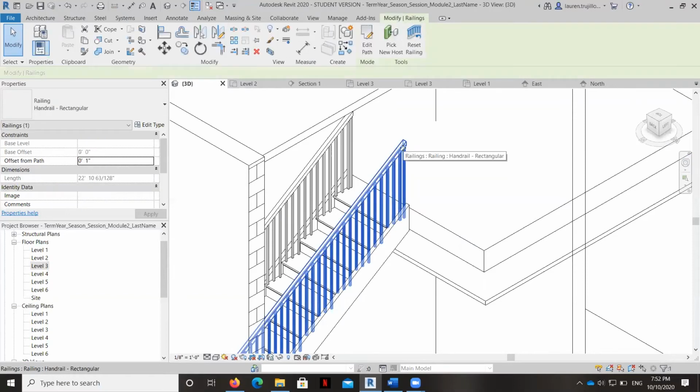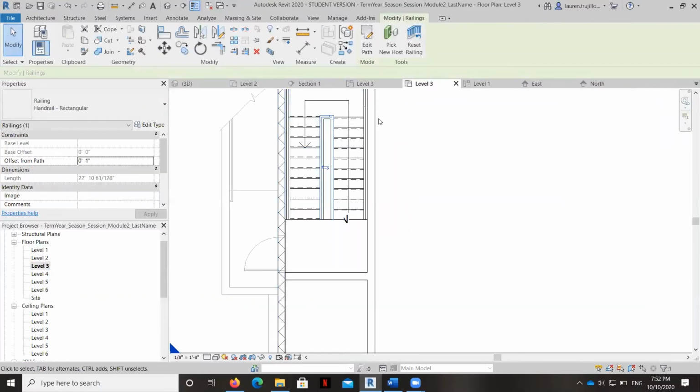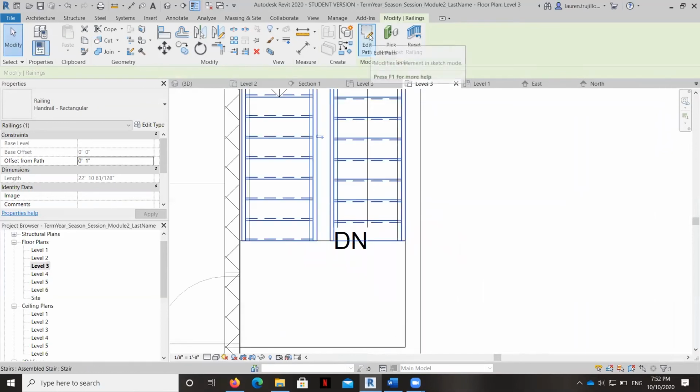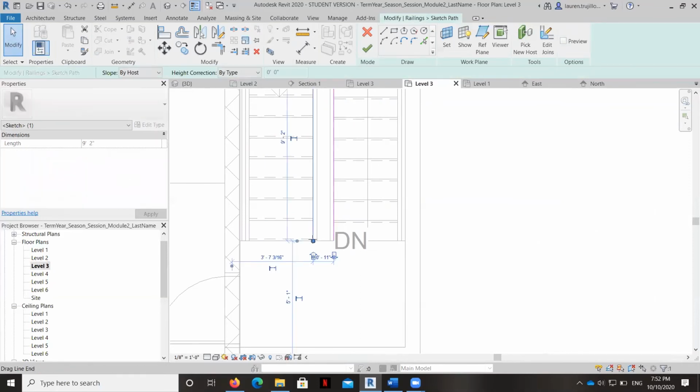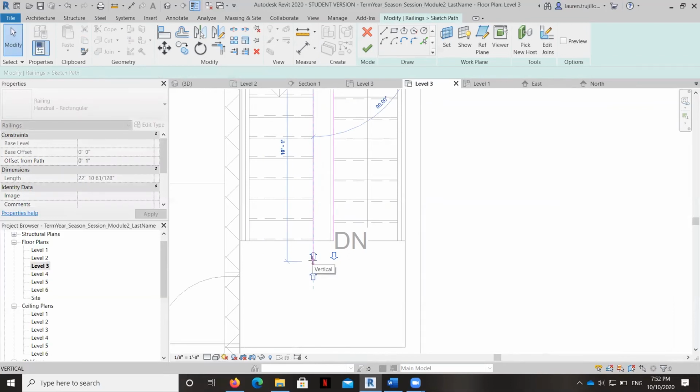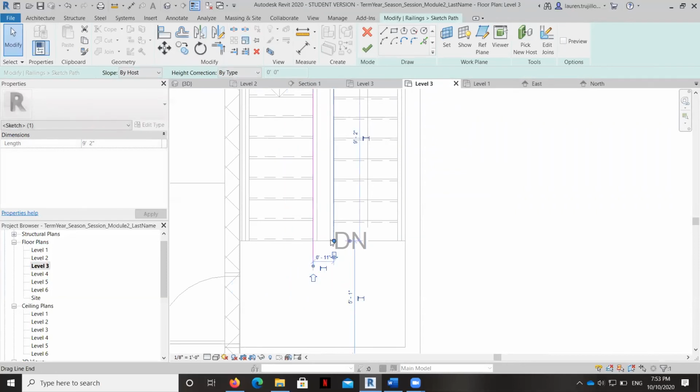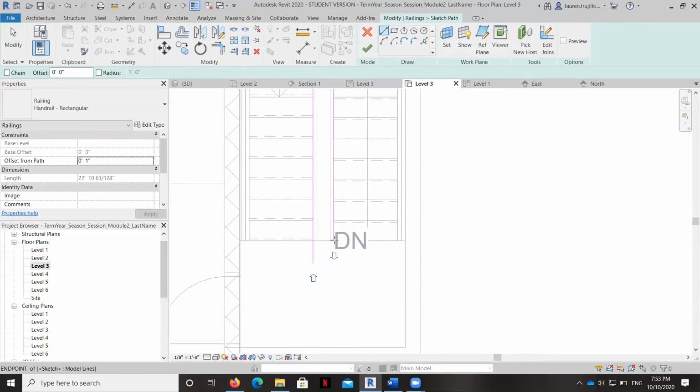So I'm going to click on this railing and look at it on the level 3. And see now that it's selected, it'll allow me to edit the path. So I'm going to click here and see it's turned pink. So this is its buddy on the first floor. We want to pull that out 1 tread depth. This one now is going to come along here. We're going to click and we're going to add railing right here so that the person, once they hit the second level, doesn't fall down over here.